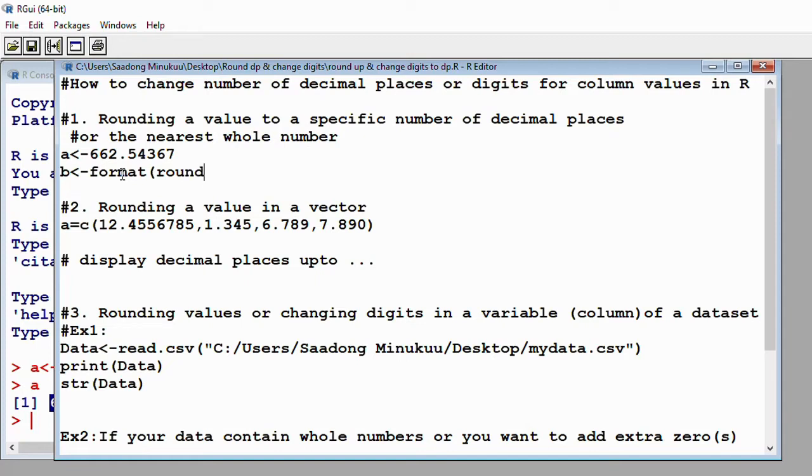Okay, now we open bracket and we have to round the figure A. We specify the number of digits after the decimal point. If we want this particular figure in full, then we have to tell R to present this figure in 5 digits after the decimal point. So we have to indicate that digits here